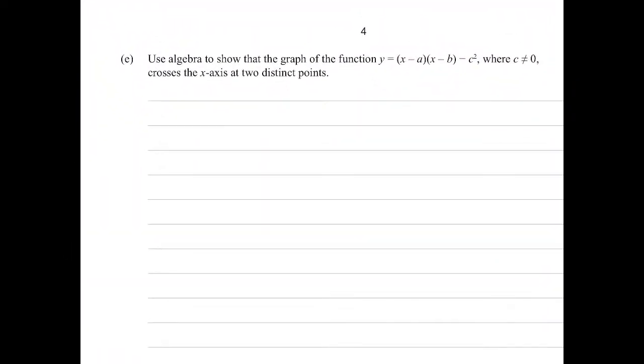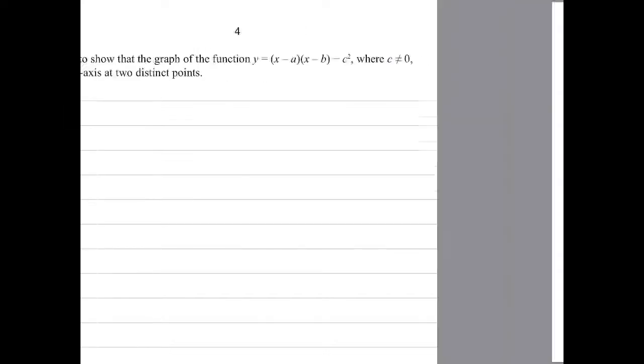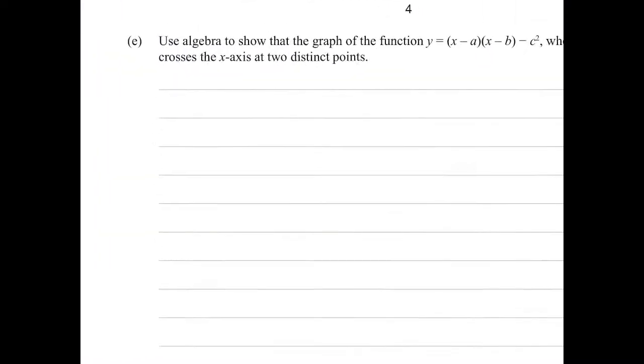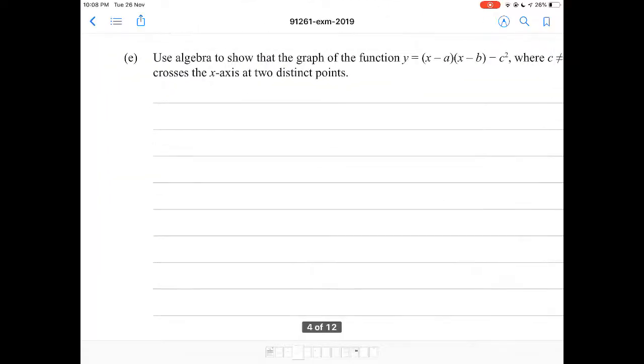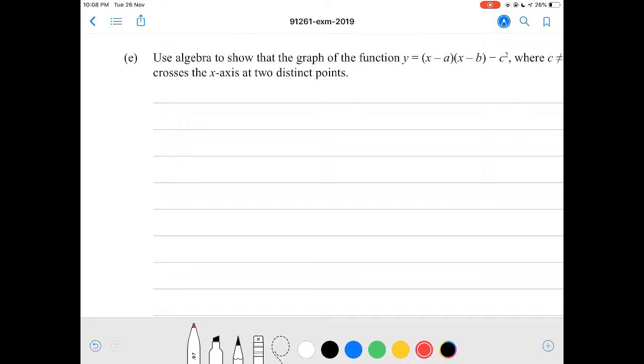So use algebra to show that the graph of the function y equals x minus a times x minus b minus c squared, c is not 0, crosses the x-axis at 2 distinct points. So basically when something cuts the axis at 2 distinct points, that's saying that there's 2 real solutions. So that's basically saying that the parabola is cutting the axis at 2 different points, so 2 real solutions for x, basically. So your b squared minus